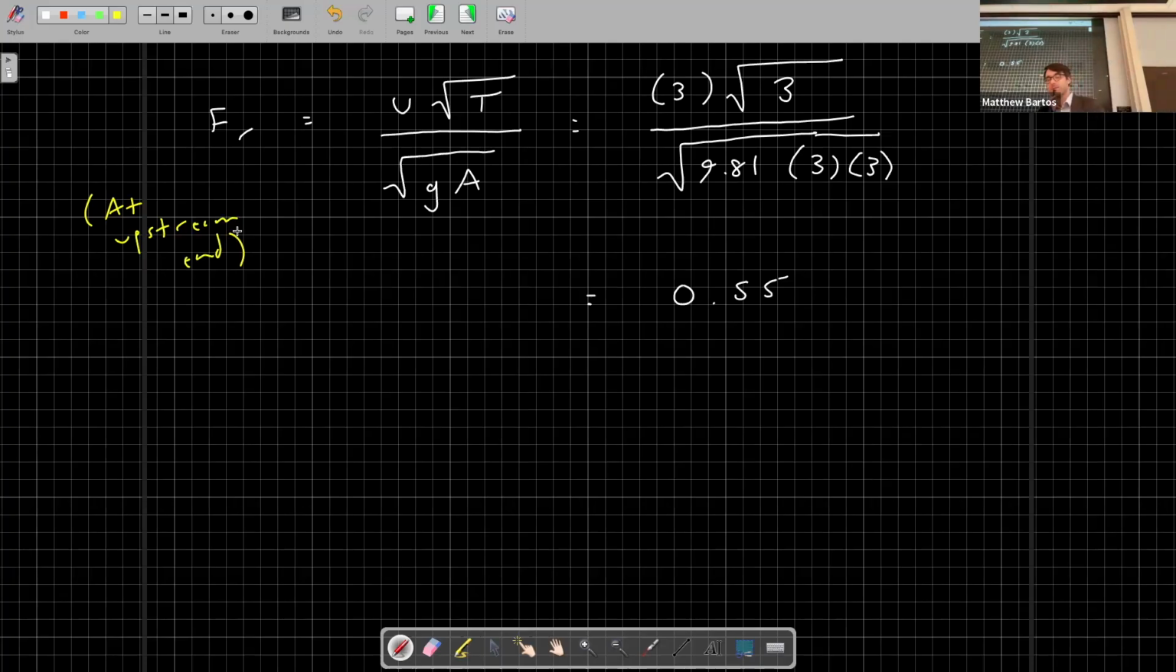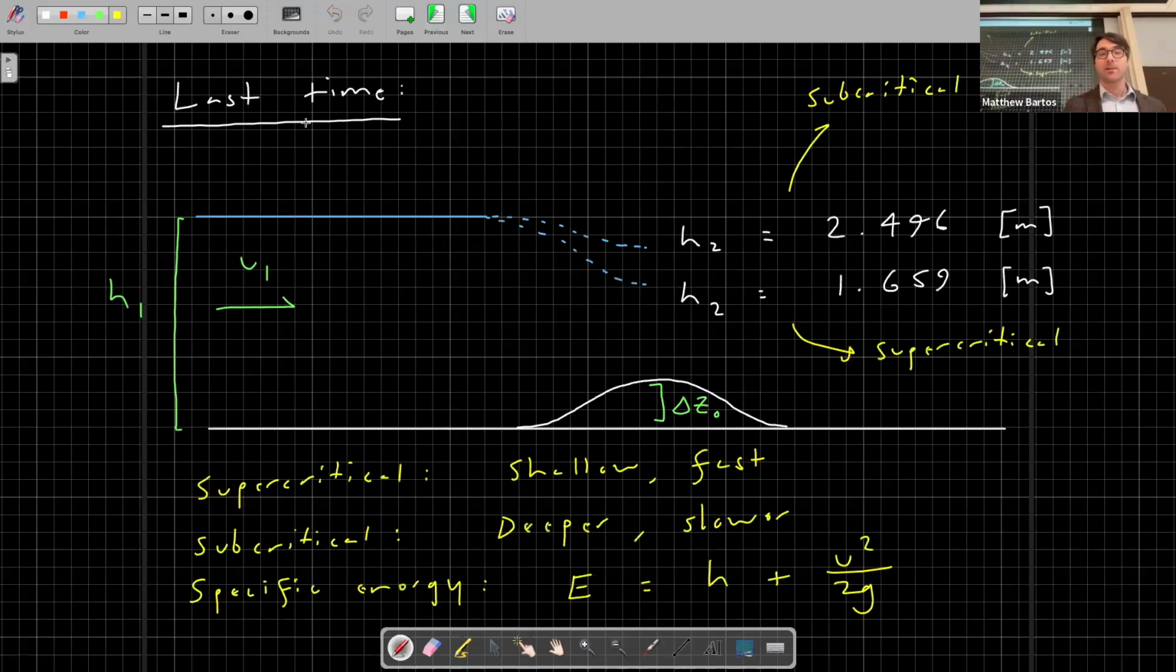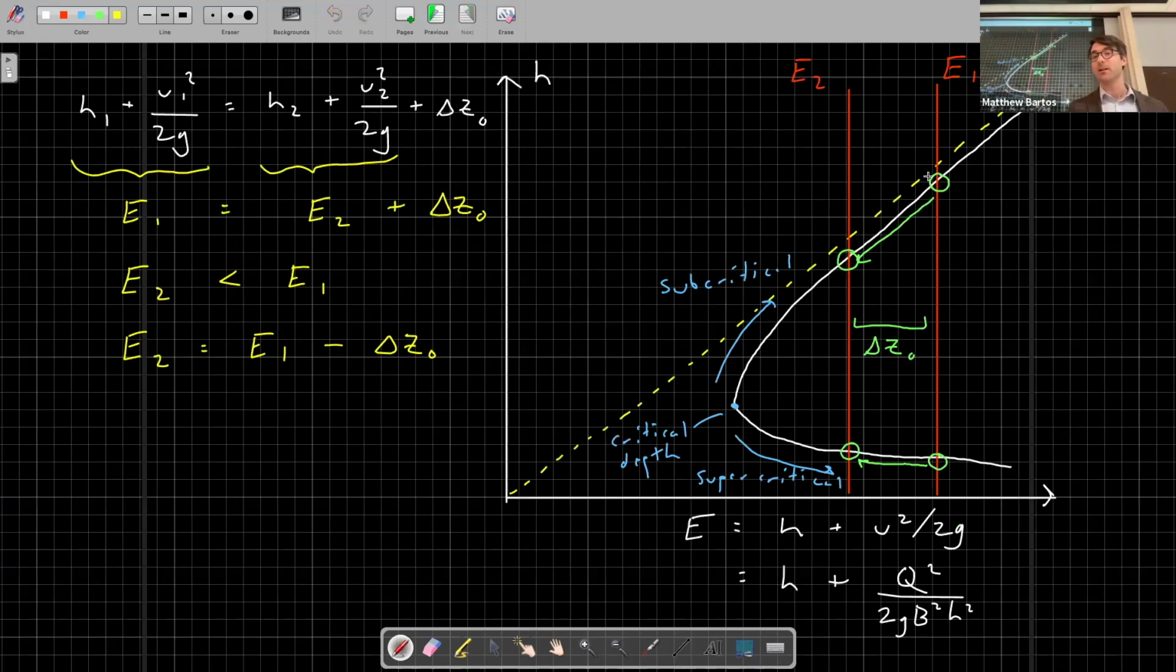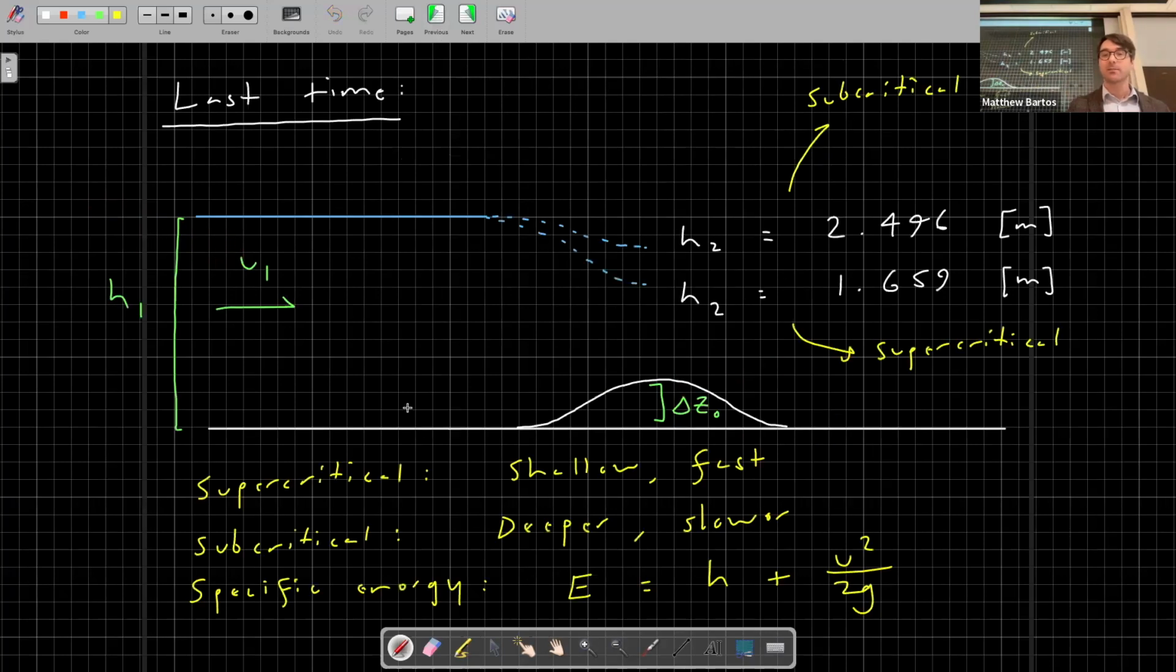So is our flow subcritical or supercritical at the upstream end? Subcritical, very good. So this is subcritical because the Froude number is less than 1. So for this problem, the flow entering is subcritical. If we go to the specific energy diagram, that means we are up here. So the water surface will go down and we will end up at the subcritical solution. So the correct answer to this problem is